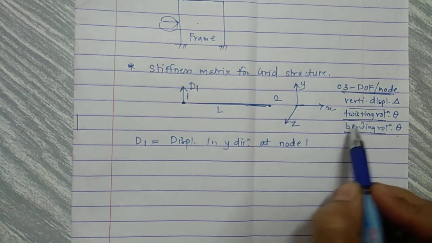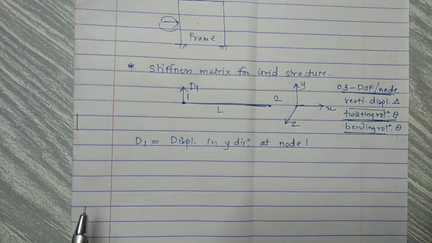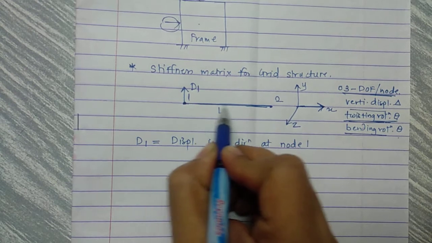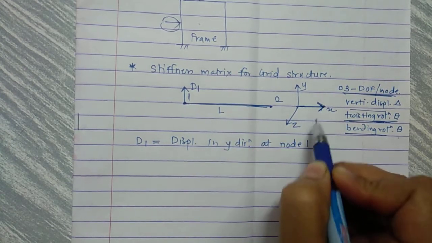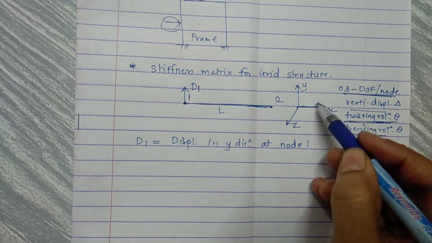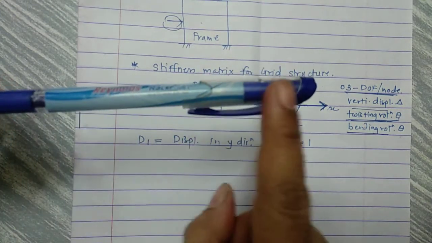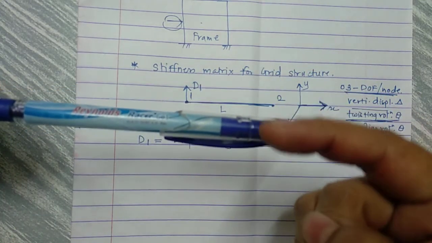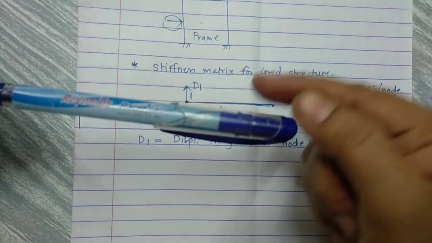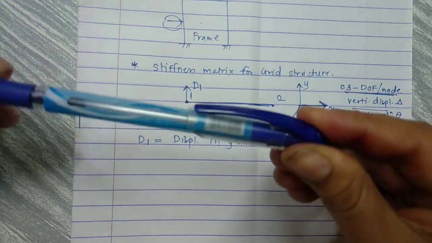Now second degree of freedom, that is twisting. Okay, twisting moment. So that moment we will show here. This member is along the x direction, and if the moment is also in x direction, that is along this x axis. Okay, you just consider this plane as a member, and if that moment is acting in this direction, that is about this x axis, so what will happen? The member will twist.